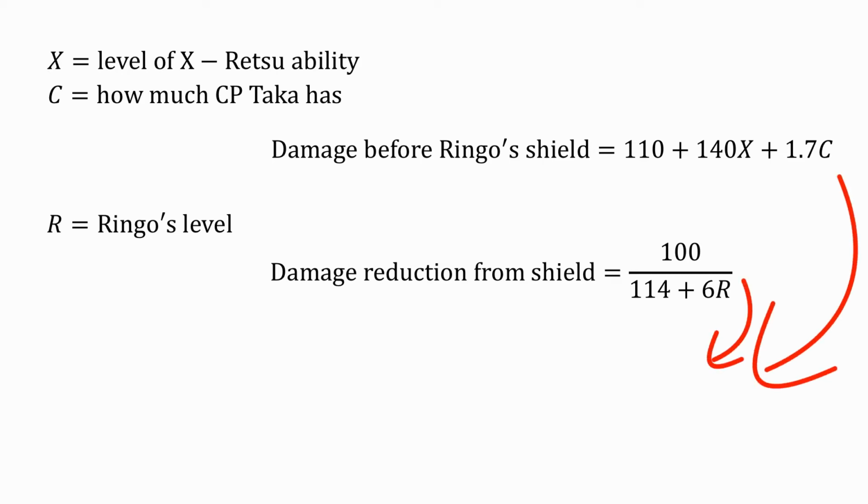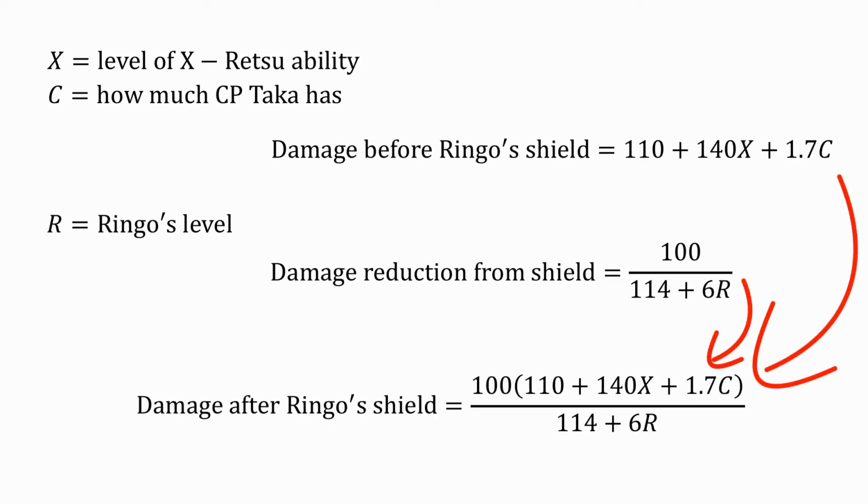Multiplying those two formulas together gives us the formula for how much damage we'd expect to see pop up as little blue numbers over Ringo's head when Taka hits that X-Retsu. That is, if there's no slumbering husk, or if it's not active at the time. So, before we go introducing the husk to the experiments, let's just do some tests to make sure these formulas